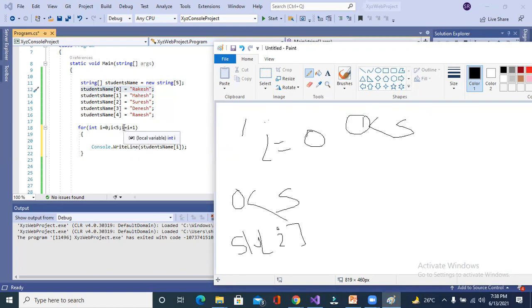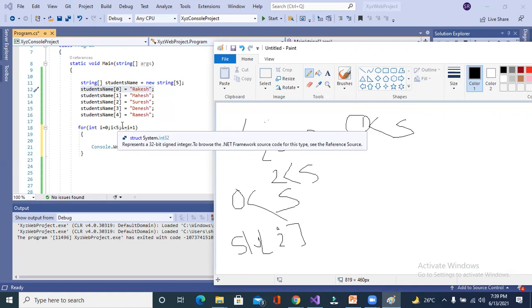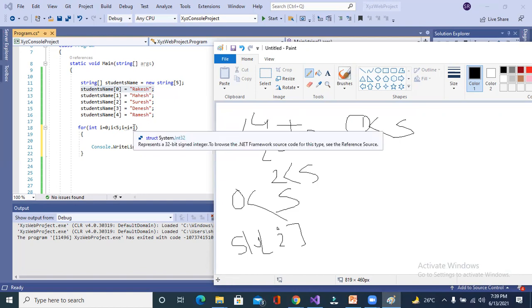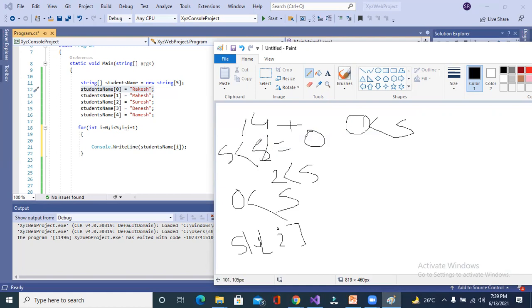Again, control comes to increment. What would be the value? i equal to 1 plus 1, that is 2. Is 2 less than or equal to 5? Condition is true, so it will come here and print. For example, if the value of i is 4, then 4 plus 1 is 5. Is 5 less than 5? Is the condition true? False. It will stop. This is the way by which a for loop works.